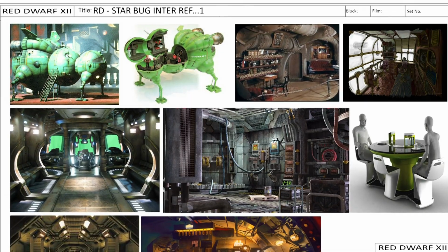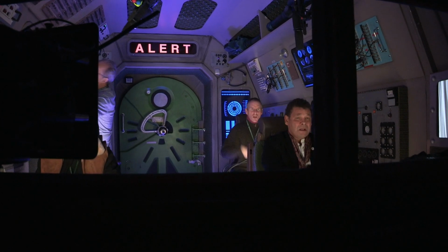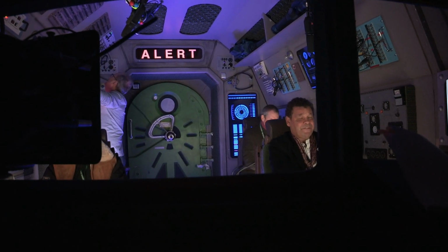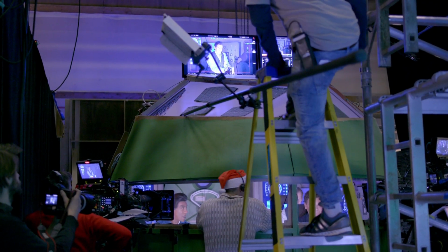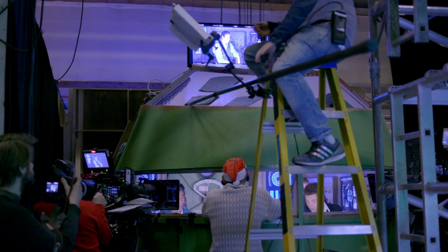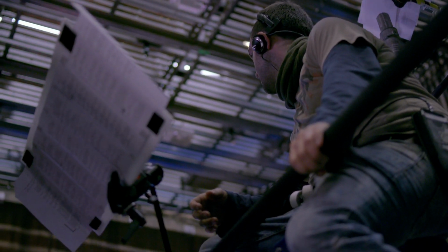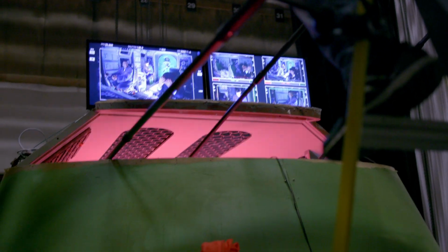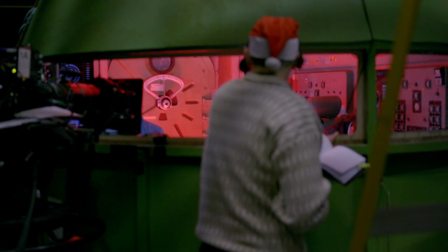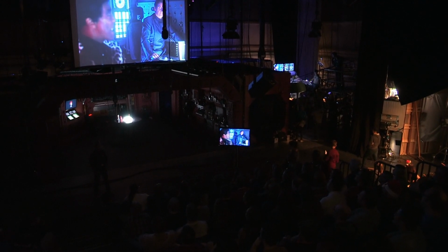Starbug's been an extremely difficult set to navigate through for sound. It's an enclosed space. They shoot through the front windscreen, and I have to operate up the top of a 15-foot ladder with a 25-foot telescopic pole. It's quite difficult. I can't necessarily see the actor most of the time. I asked the studio engineers here at Pinewood to put a monitor on top of Starbug so I could see a cut picture like the Fisher booms would have in front of them, because operating where you can't see the actors or the shots